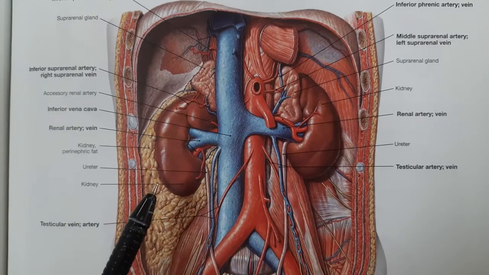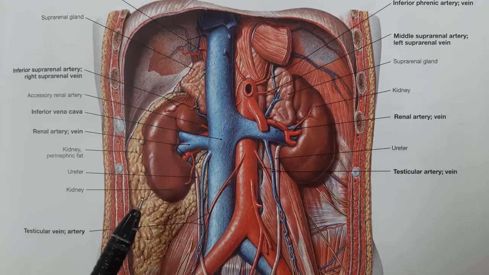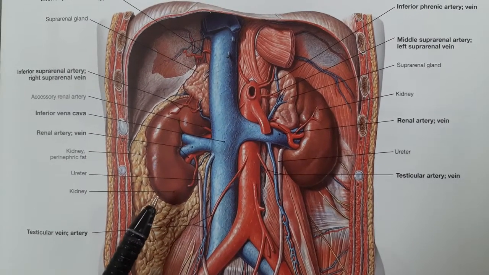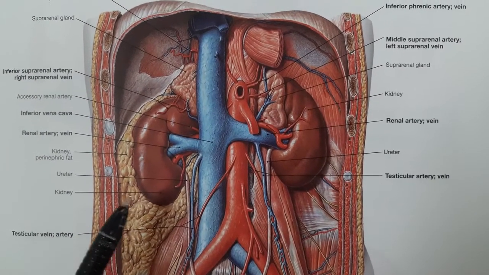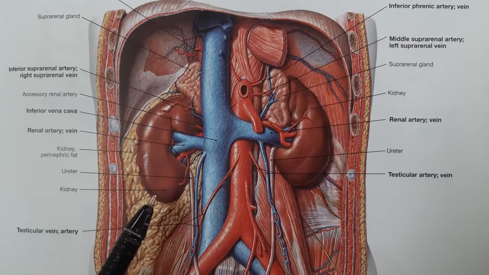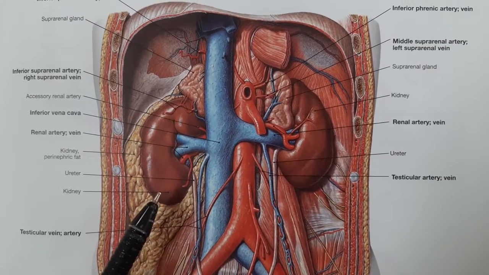Hello everyone, today we are going to learn about the kidneys. Kidneys are the major excretory organ and remove the waste product of protein metabolism and excess of the water and the salt from the blood, and they are essential for maintaining the electrolyte and water balance in the tissue fluid of the body. So the kidneys are necessary for survival.